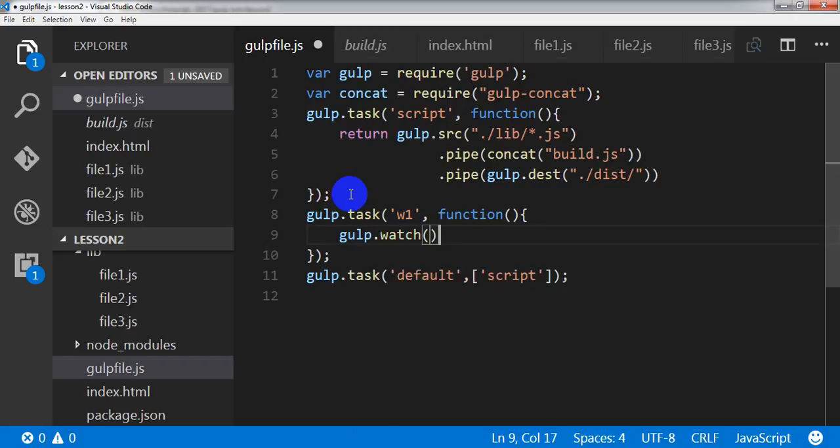This is the function that I talked about, and within this watch function or method I need to write which folder gulp will watch. So here I need to give this folder name,